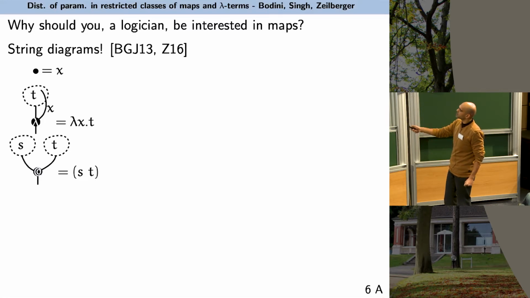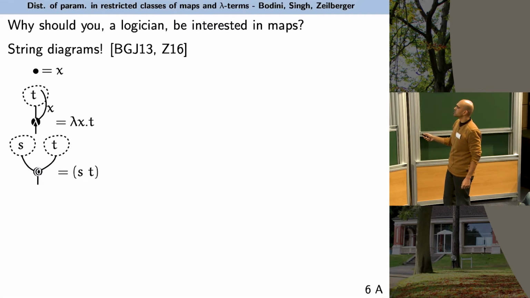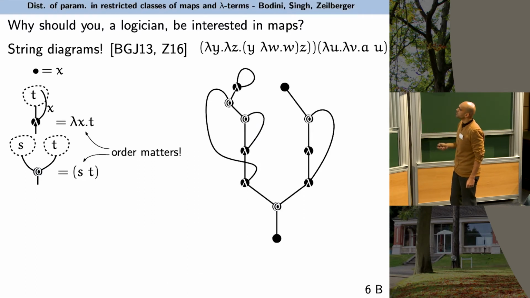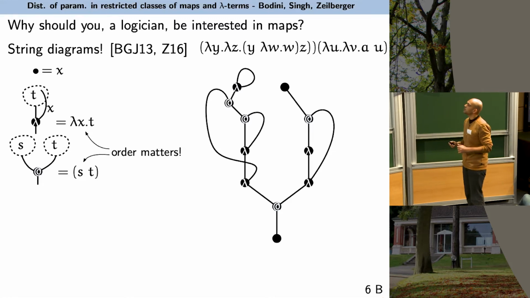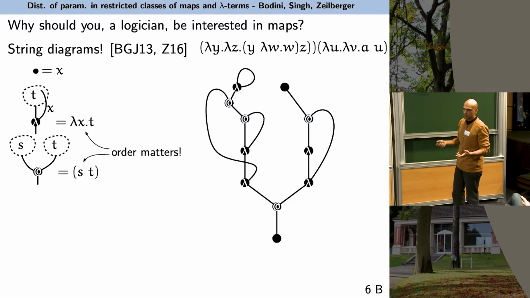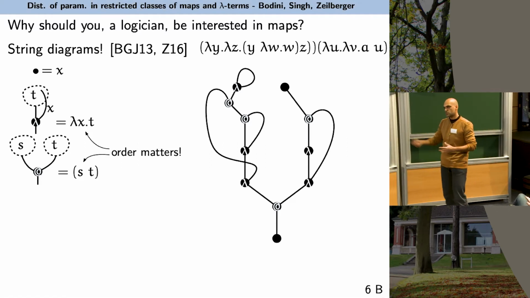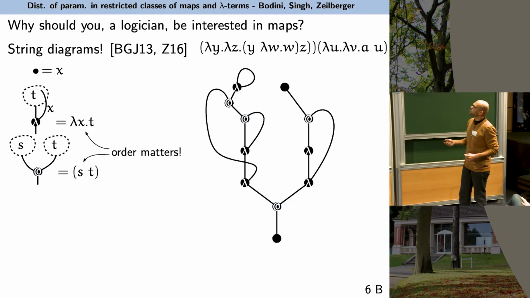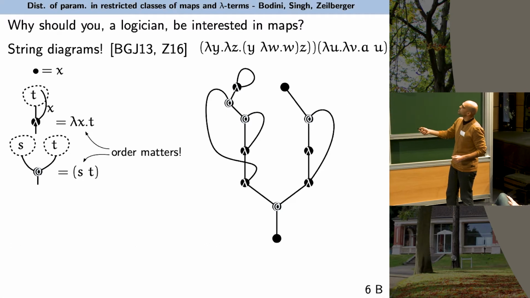And finally, for the case of applications, we have a node labeled by the application symbol, and we have on the left the subdiagram corresponding to S, and on the right the subdiagram corresponding to T. So we see that order matters indeed. And since order matters, we are not talking about just a graph with labeled vertices, but we're talking about a map. We're talking about an embedding, because essentially maps are graphs equipped with an orientation around the half edges incident to each vertex. So here, for example, I have given you the corresponding map or string diagram of a lambda term,